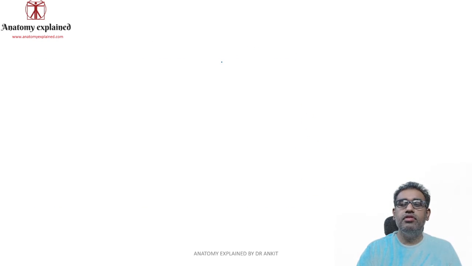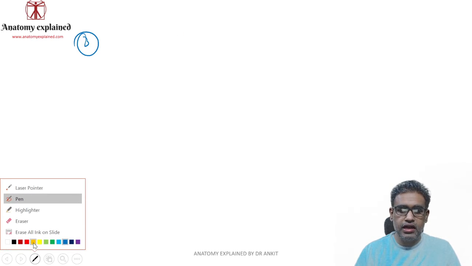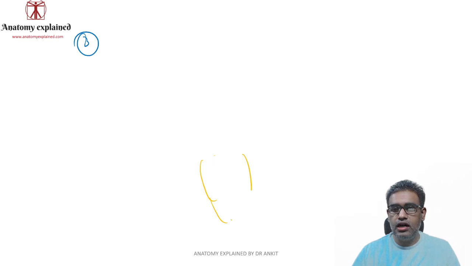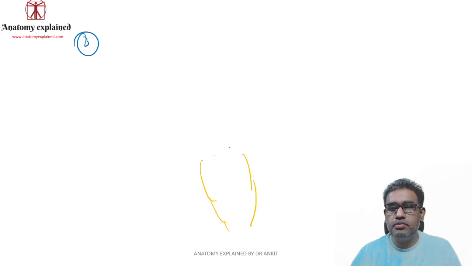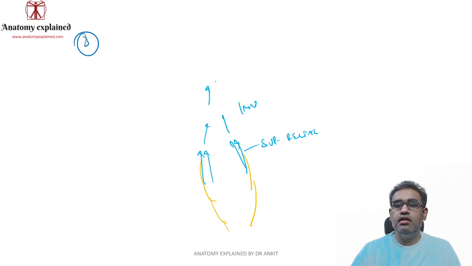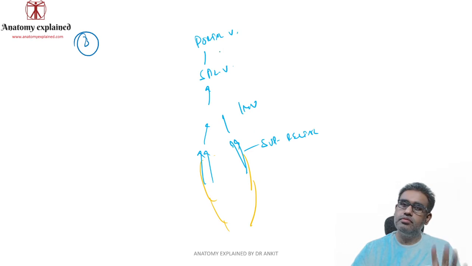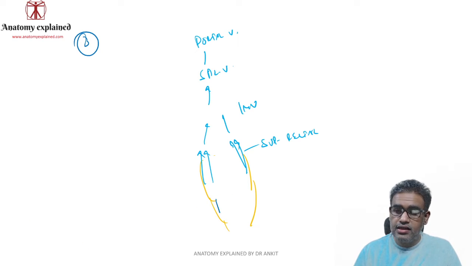Now moving from here, the clinically important third part is around the rectum. So what is happening around the rectum? If we imagine that this is our rectal ampulla, and lower anal canal. Now the upper part of the rectum is part of the hindgut, so it is drained by the superior rectal vein. Superior rectal vein goes into the inferior mesenteric vein, that will finally drain normally into the splenic vein, that forms the portal vein. Fine. Now the middle and the lower part of the rectum has an inferior rectal vein.